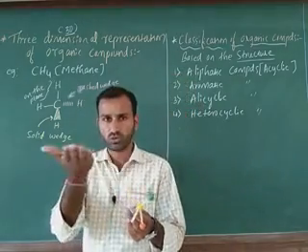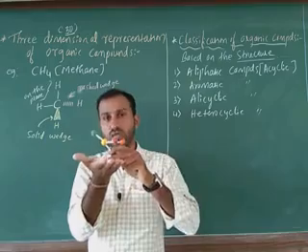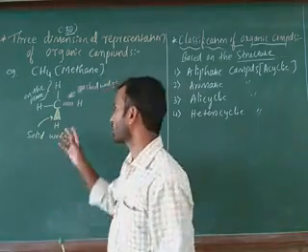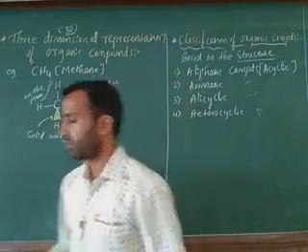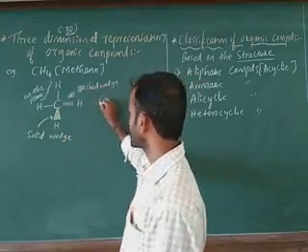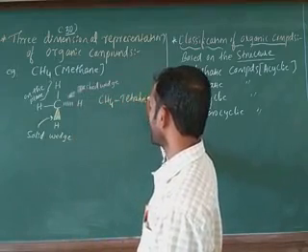So if you consider one paper, on the paper plane there are 2 hydrogen atoms, one hydrogen is above the plane, and the next one is below the plane. This is called the representation. What is the geometry of CH4? They are going to ask you. The geometry of CH4 is tetrahedral.